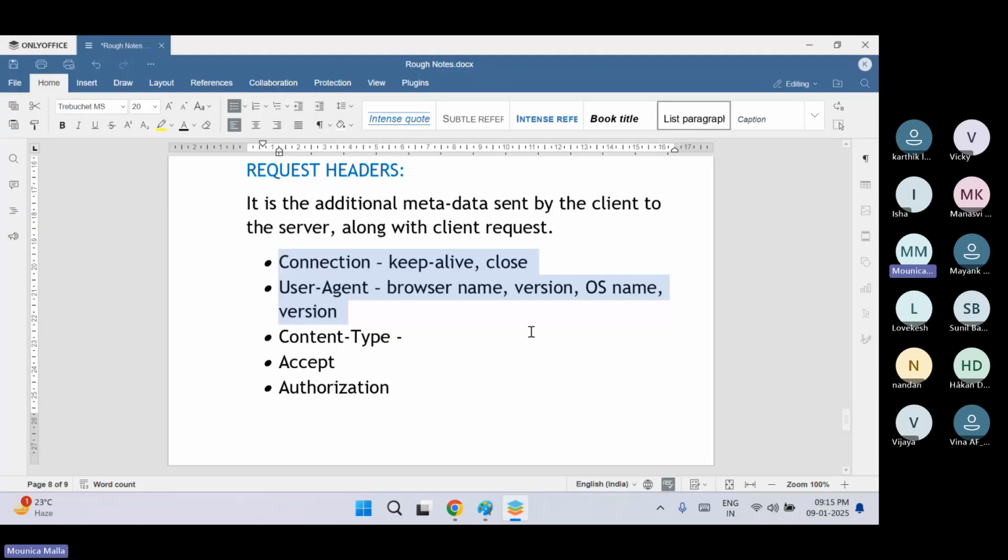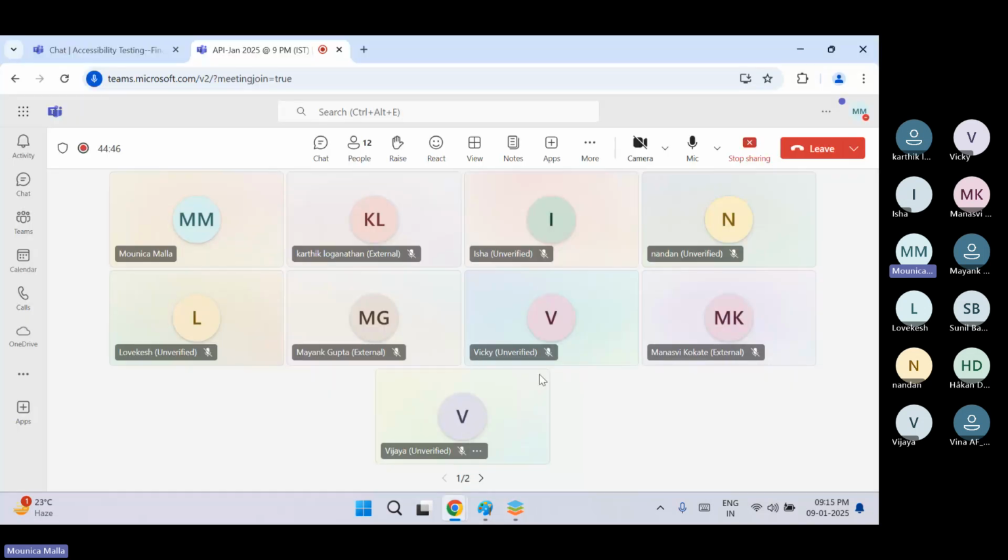Okay, the next header that we will talk about is content type. Content type means what type of content client is sending to server. From client to server, what type of data is going from client to server? Let us say, to help you understand, I will say to Karthik that Karthik, I have transferred you, I have given your money. So in what way have I given the money? Have I given him in